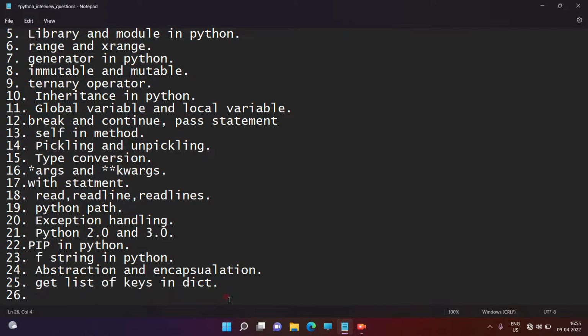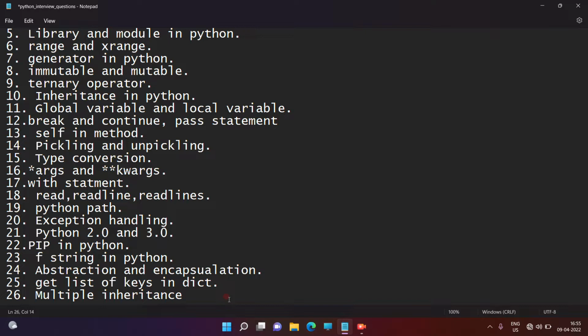So this is a way of getting the list of keys from our dictionary. So what is the next question? The 26th question is multiple inheritance, right guys? This is also a very important question. Multiple inheritance is two words, not a single word. So what is the definition of multiple inheritance? We have seen what inheritance is: the procedure of creating a child class from a parent class and accessing the parent class properties in the child class.